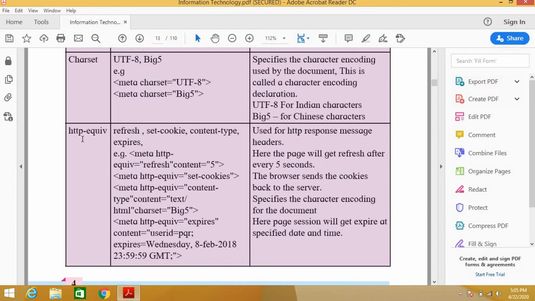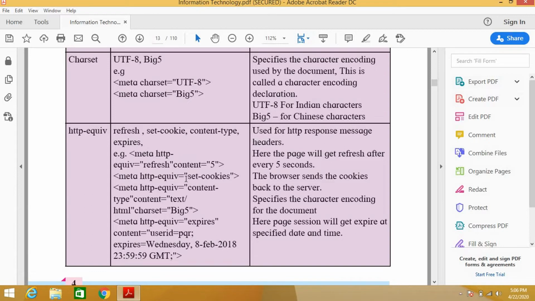Then the HTML equivalent, so HTTP equivalent: refresh, set cookie, content type, expires. How are you going to use these? Meta http-equiv refresh content equal to 5 means after 5 seconds it is going to refresh.